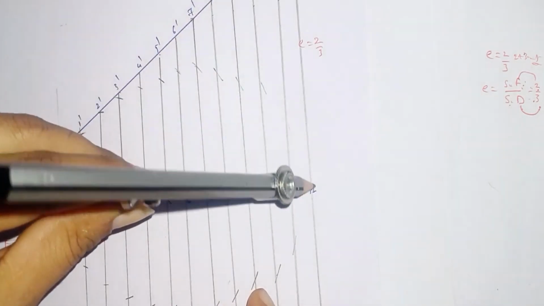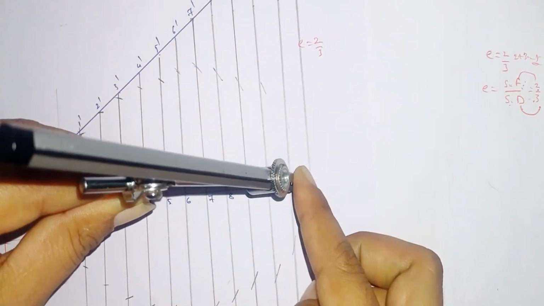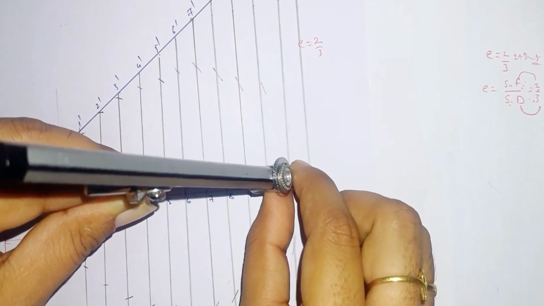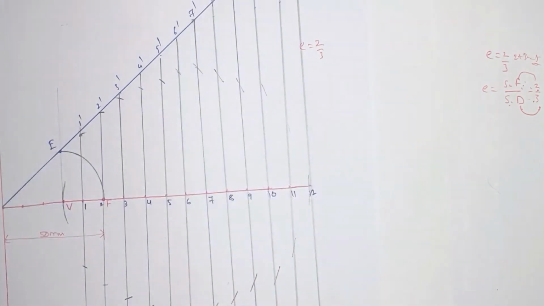Cut the arc on the line of 12, 12 prime as a radius. Cut the arc upside, downside. Then it is close to the ellipse. Then give the points of